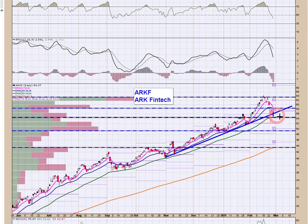Well, price has broken this uptrend line and is sitting right on the 50 EMA here in green. So what I think you could do is alarm 54 in your platform, which is just below the 50. I have the 50 EMA here at 54.64. So I think a break of 54 would give price a free run at